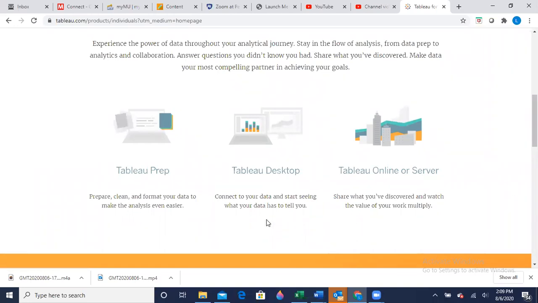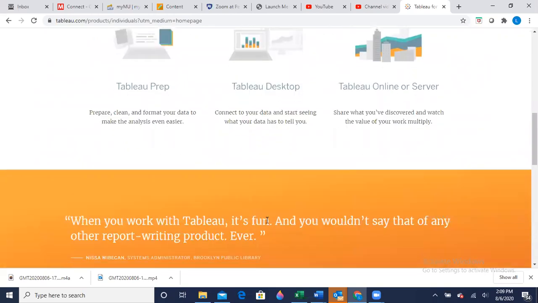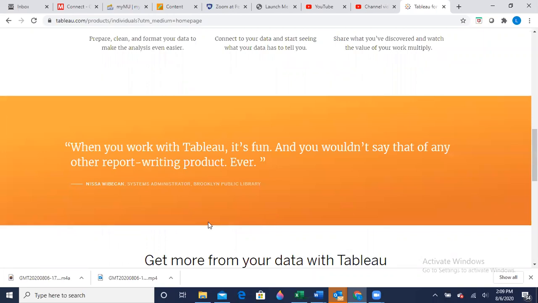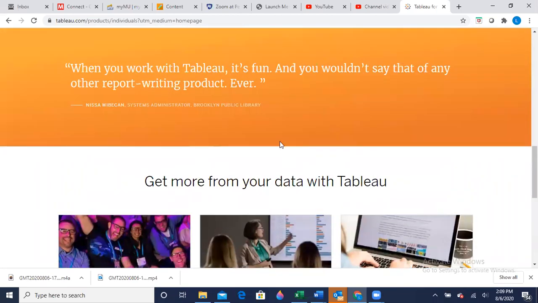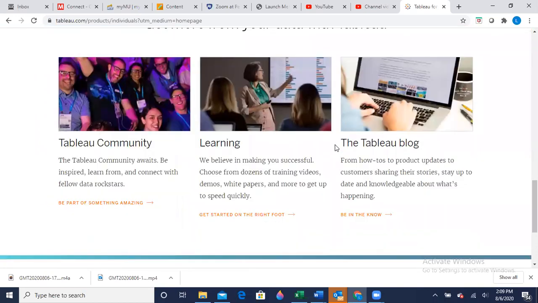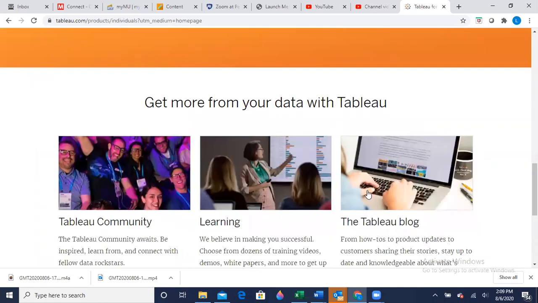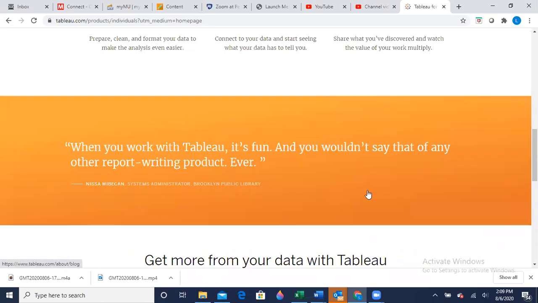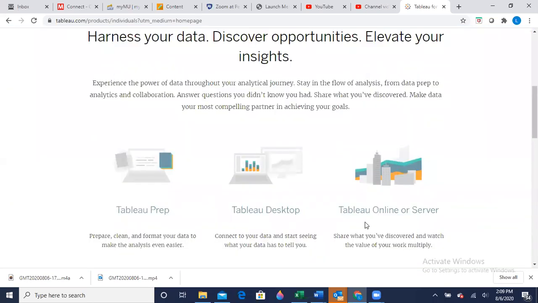So you're not looking at rows and columns of numbers, but pictures of the information, and that's the best way you can look at it. When you work with it, it's fun. Okay, and you wouldn't say that about any other report writing product ever. So we are going to experience this fun product, as they say here.